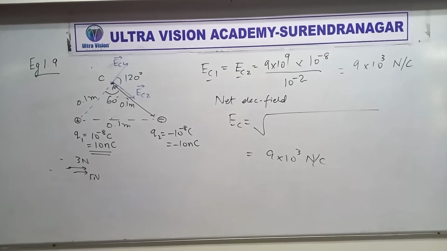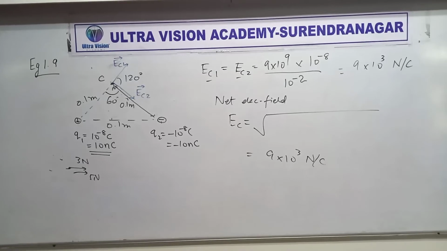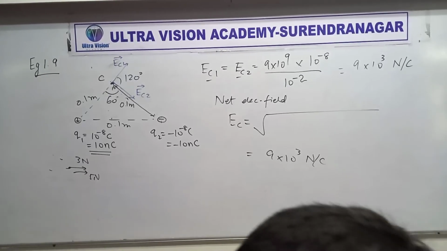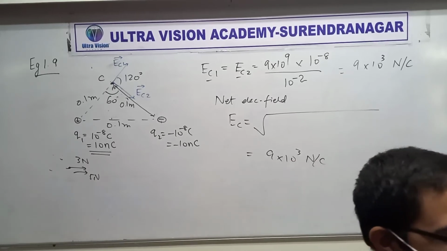Fine. Now what's the first question? What is the electric field at the midpoint? So put M as the midpoint, or O, anything. M is better, I guess. O is given? Okay. Sorry, I didn't see. So O is the midpoint. We have to find the electric field at O.